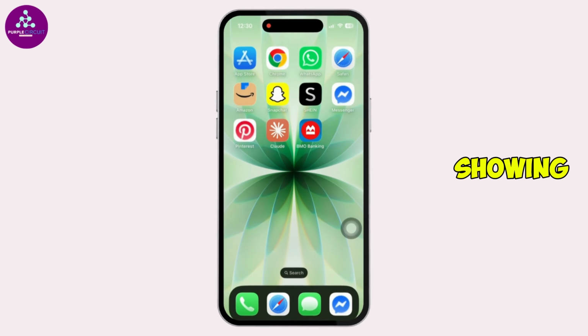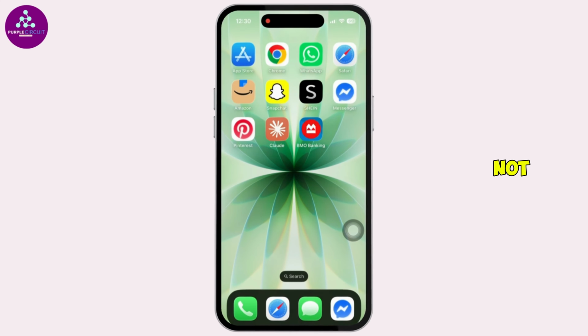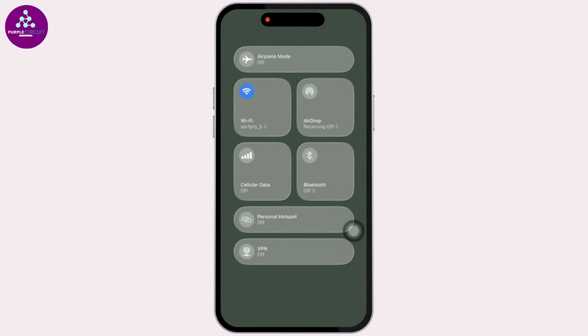In this guide, I will be showing you guys how to fix BMO Bill Pay not working. Let's get started. First, make sure your internet connection is stable by switching between Wi-Fi and mobile data or connecting